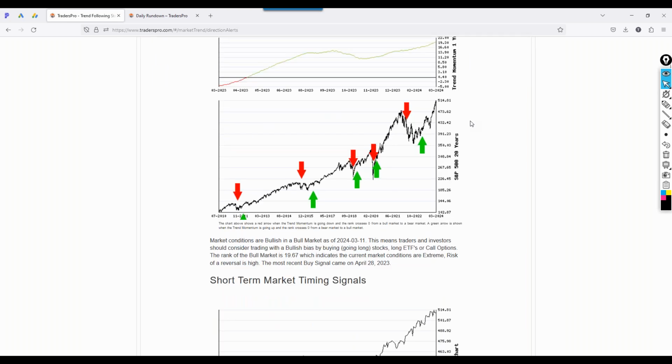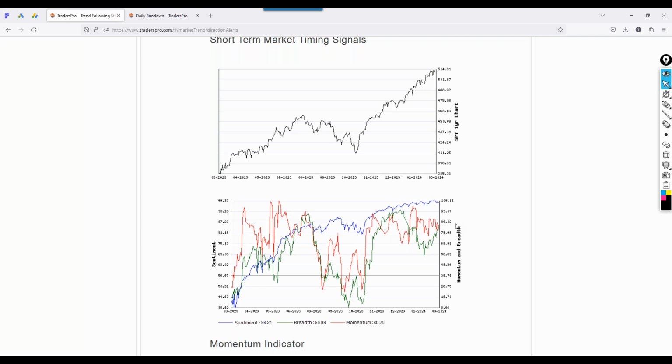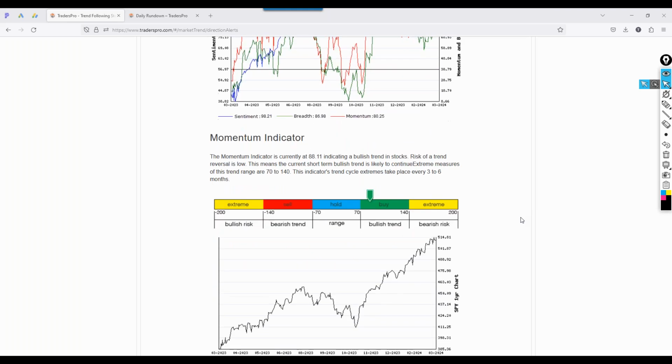So let's finish up this perspective, and that is we're looking at not a whole lot has changed right here. This chart is the S&P 500 for the last year. This is that uptrend retracement moving higher. This information here is talking about sentiment. We know that sentiment is still really good. It's really positive. Breadth has been improving. That is this green line right here. Momentum has been kind of stagnating, kind of flat right here, but still moving in the right direction, still bullish, still positive. And so we still have that overall bullish bias because we haven't had a real hard trend reversal